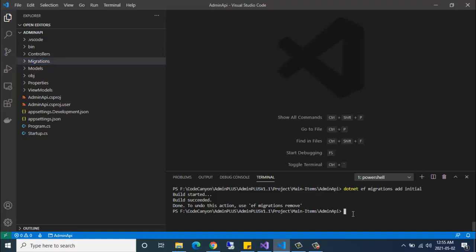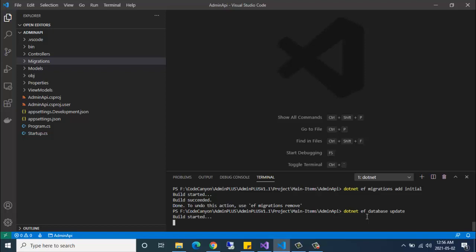And now we have to create a database. dotnet ef database update. This command will create a database in our database server.